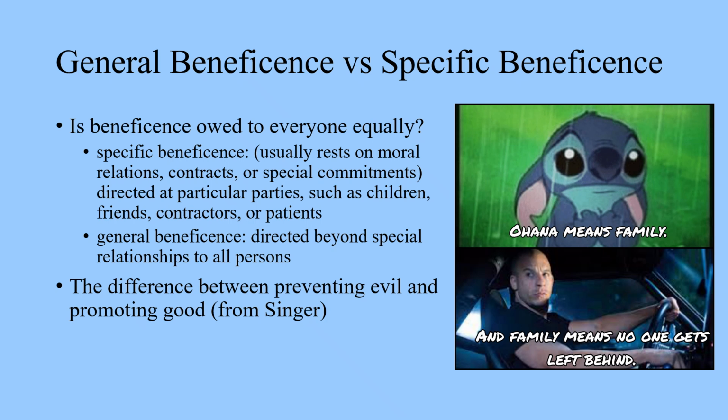Singer's criterion of comparable importance sets a limit on sacrifice. Ultimately, Singer is going to argue we ought to donate time and resources until we reach a level at which, by giving more, we would sacrifice something of comparable moral importance. The idea is that if it is in our power to prevent something bad from happening without thereby sacrificing anything of comparable moral importance, we ought morally to do it.